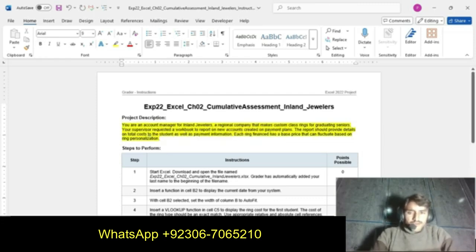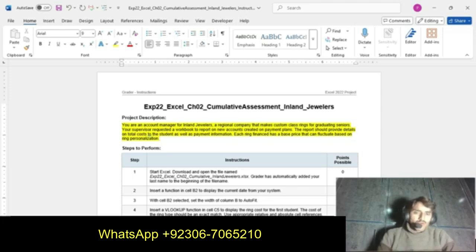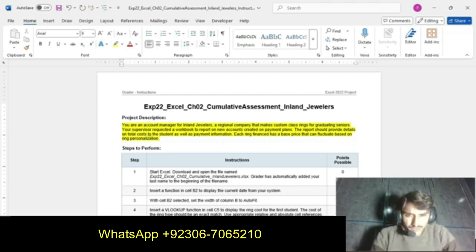You are an account manager for a regional company that makes custom class rings for graduating seniors. Your supervisor requests a workbook to report on a new account created on a payment plan. The report should provide details of the total cost to the student as well as payment information.